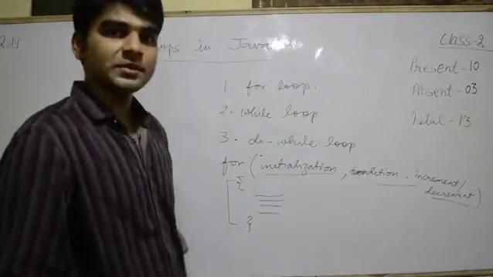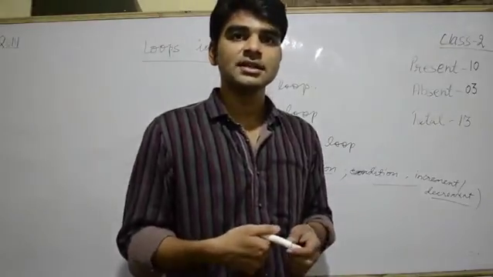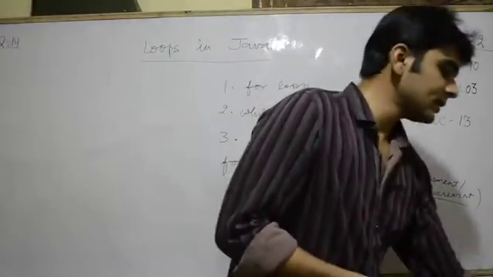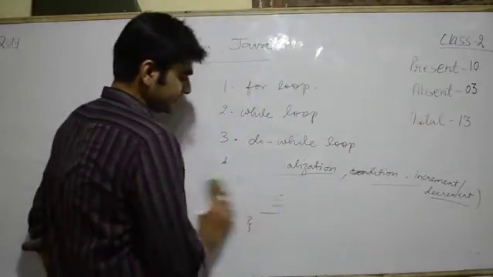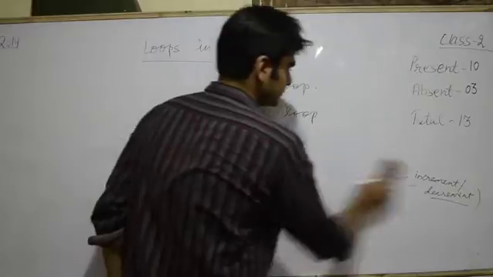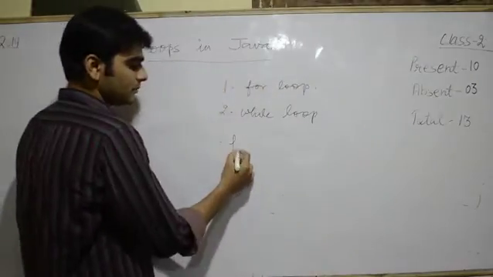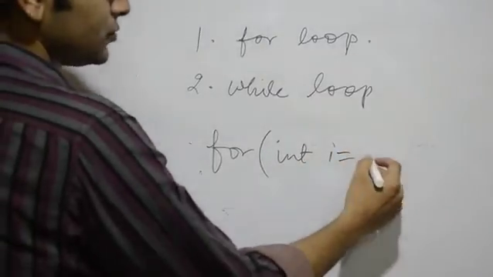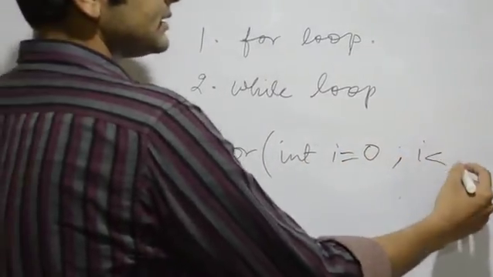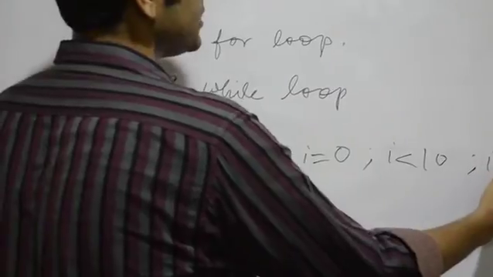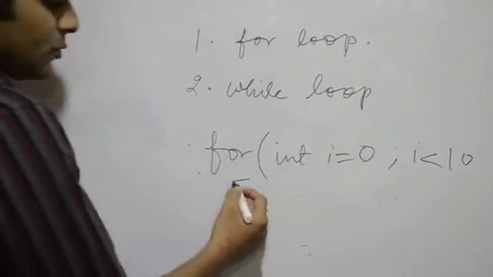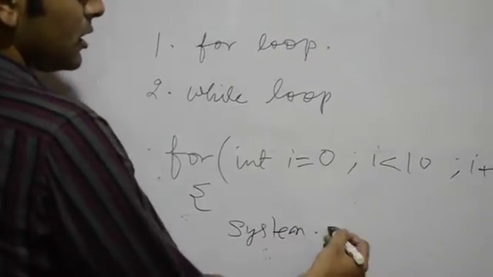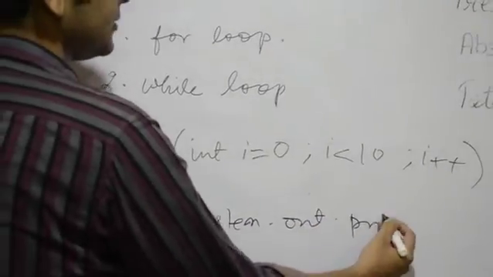So suppose we have to print 10 numbers on the screen, one after the other. We can make a loop for that using a for loop like: for int i equals 0, i is less than 10, i plus plus. We open the body of the loop, we write System.out.println